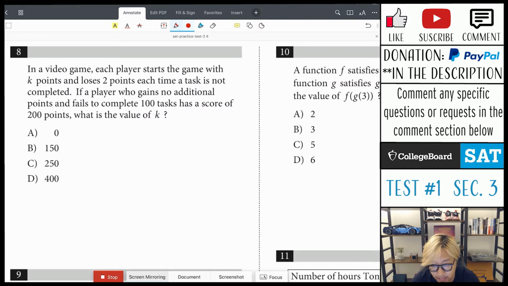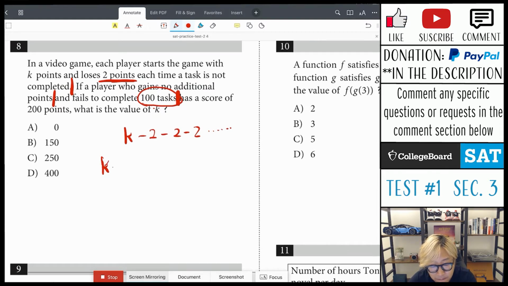D. Number 8, in a video game, each player starts the game with K points, so start with K points, and loses 2 points each time a task is not completed. So minus 2, minus 2, minus 2, on and on for any incomplete task. If a player who gains no additional points and fails to complete 100 tasks has a score of 200 points. Before we go to the score part, we start with K, and this guy fails 100 tasks. Well, you lose 2 points for each task, so that would be K minus 2 times 100, aka K minus